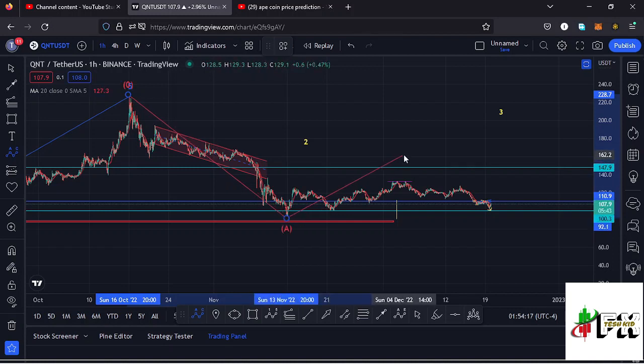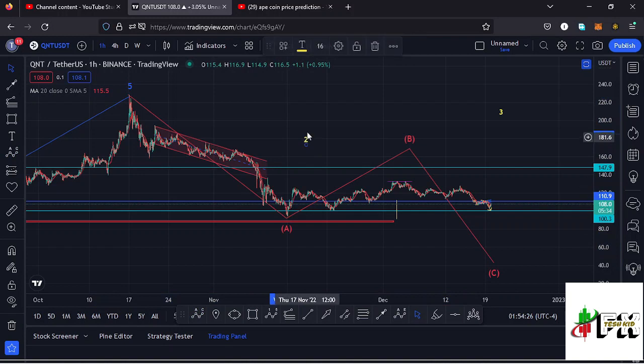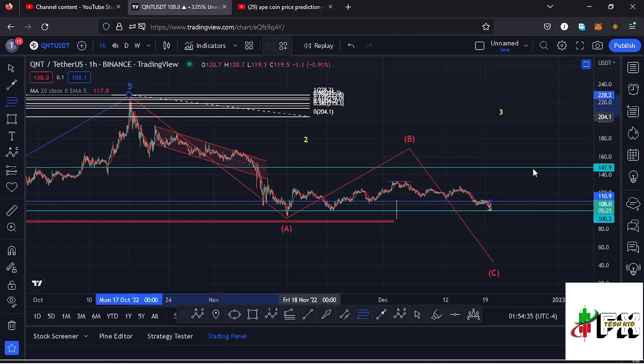Then I'm expecting a bit of a bounce to the upside in the formation of that wave B. Then expect an impulsive movement to the lower side in the formation of that wave C to fully maximize the formation of that second wave, and using the Fibonacci's to sketch out a minimum target area to the upside in the formation of this wave B by connecting the Fibonacci's from the high of the wave A to the low